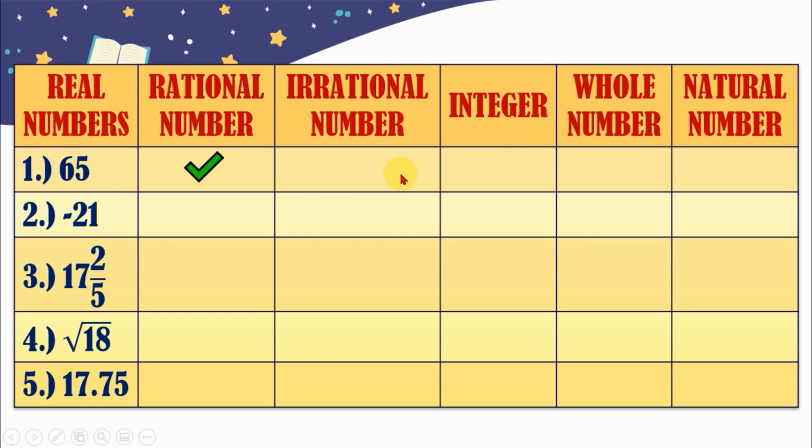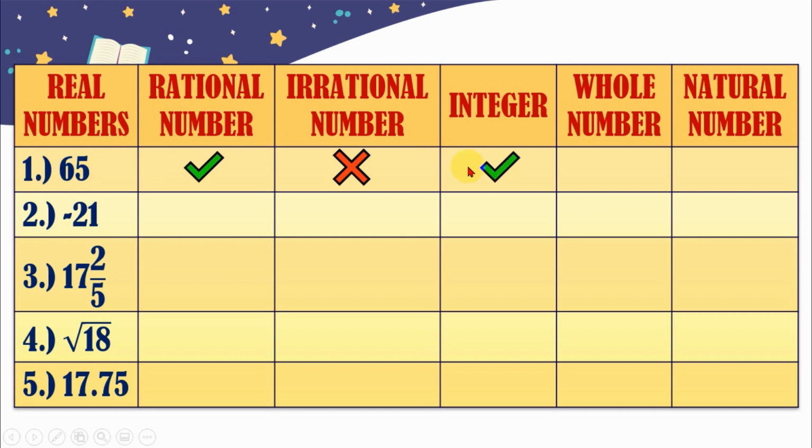So number one, we have 65. It's a rational number. Okay, diba? Kita mo naman. Then it is not an irrational. If it is a rational number, then see if it is an integer or a whole number or a natural number. So 65, based from the given examples that I presented to you a while ago, we can say that